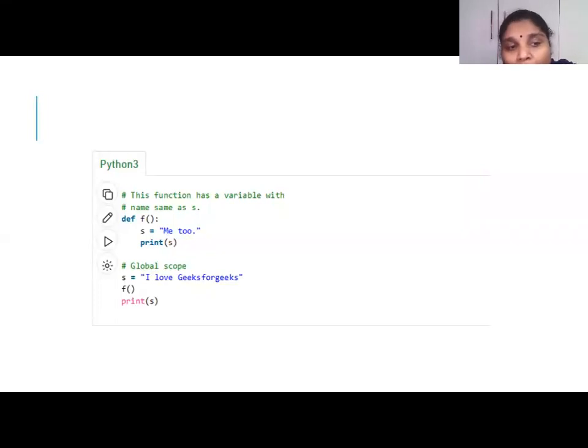Now again, I'm calling F. So whether it is going to print me too or I love GeeksforGeeks whenever I give print S? It is going to print I love GeeksforGeeks because this print statement is outside the function. So it is not going to print me too.